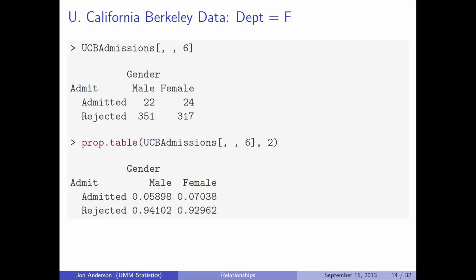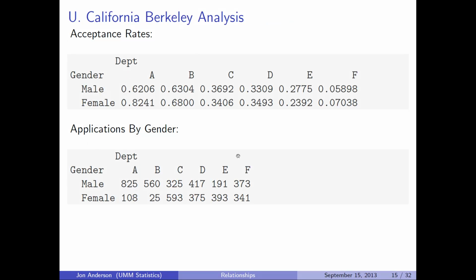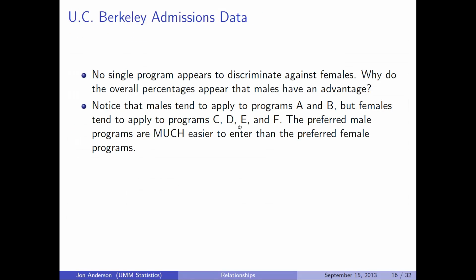And so here we are going through all the departments, and there really is nothing very suspicious about what's going on. The male and female admissions fractions are either very similar, or females maybe with a little bit of an advantage in a lot of the departments. So how is it that females are at a disadvantage overall? And the answer is